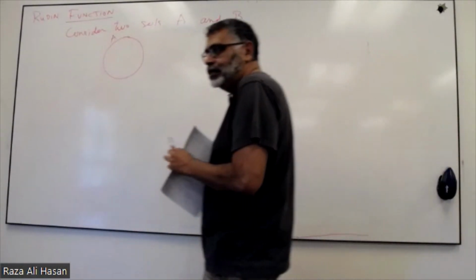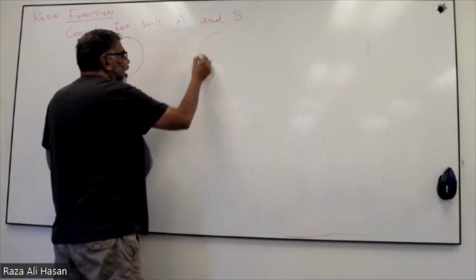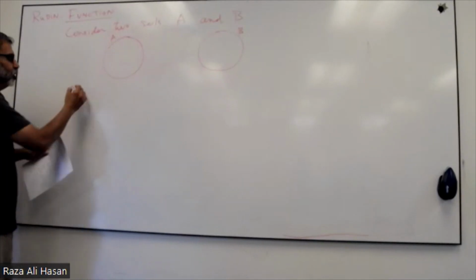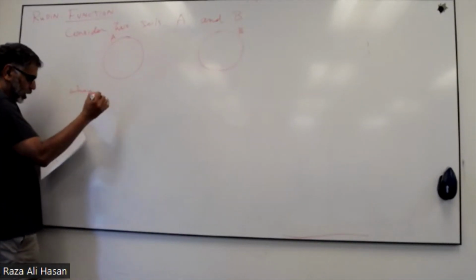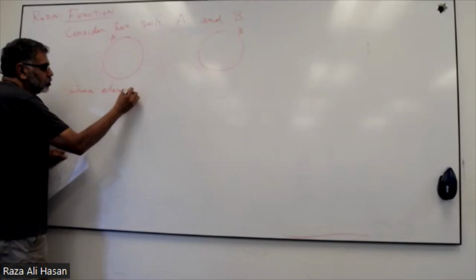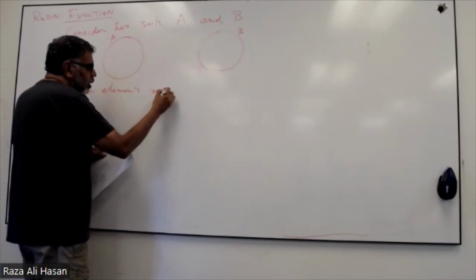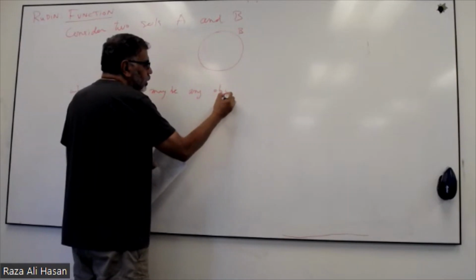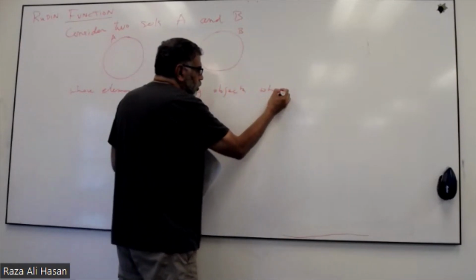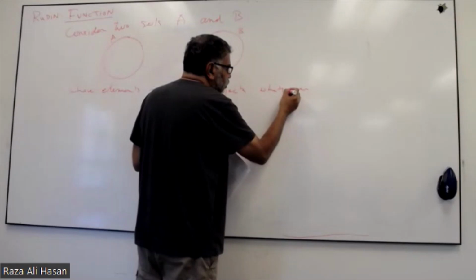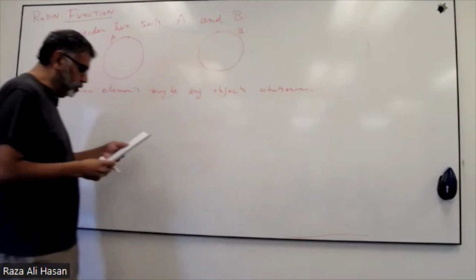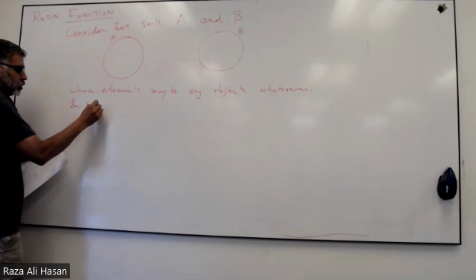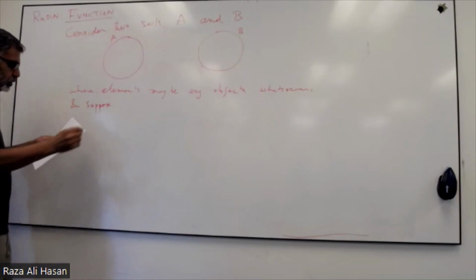I didn't like that circle. Thank you, thank you. Here we go, B. Now the B is too small, but we gotta move on. Whose elements may be any objects whatsoever. This is whatsoever. Okay, all right. And suppose, so here is our first suppose, and suppose that